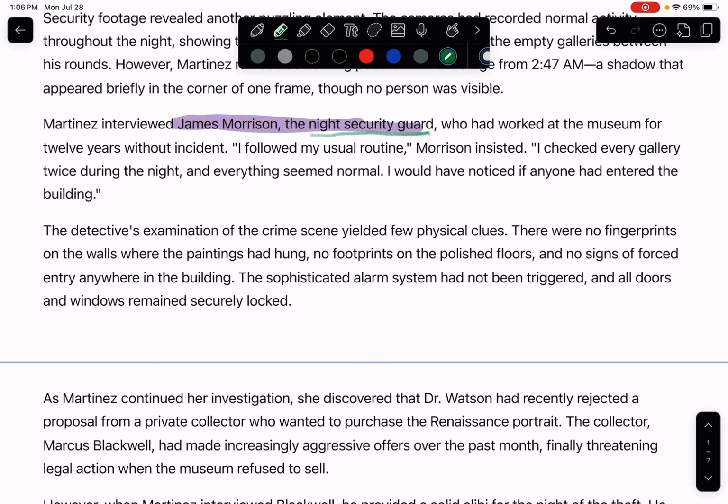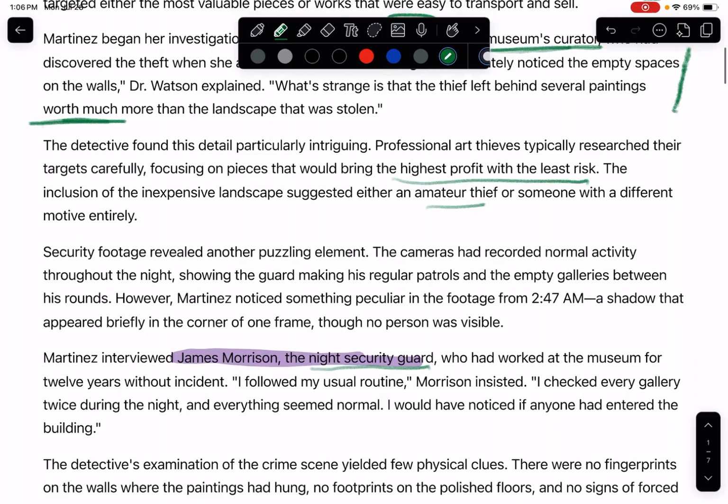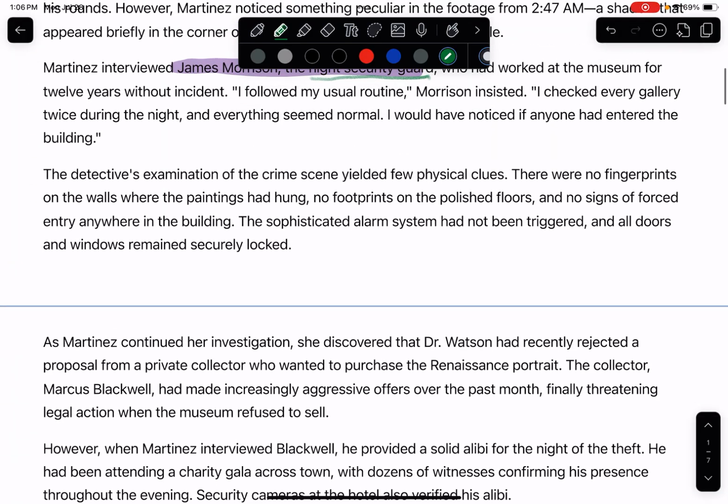The detective, Sara Martinez, the detective's examination of the crime scene yielded few physical clues. Yielded in this case means that resulted in very little. So she can't figure it out. There were no fingerprints on the walls where the paintings had hung, no footprints on the polished floors, and no sign of forced entry anywhere in the building. So it looks like it had to be an inside job, right? Because you can't find any of this evidence. The sophisticated alarm system had not been triggered, and all doors